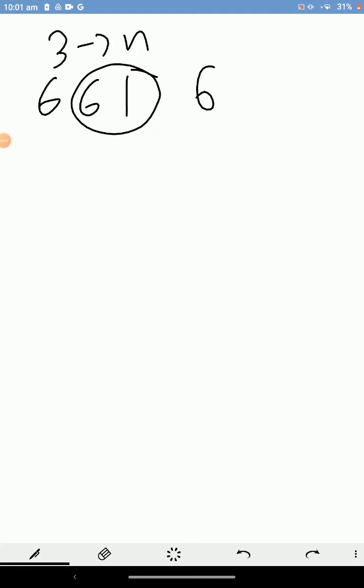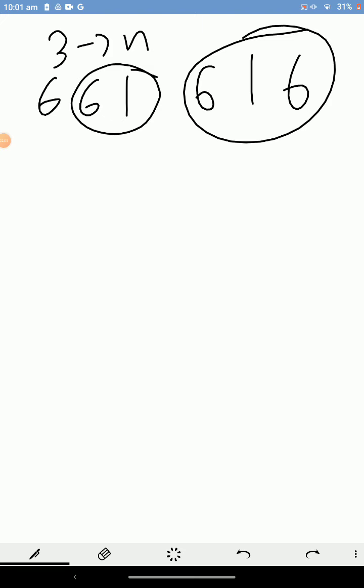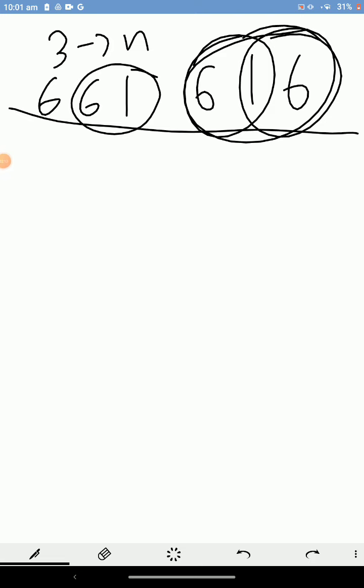Let us check out some test cases. Suppose n is equal to 3 and the elements are 6, 6 and 1. The number of swaps will be equal to 1 only. We can swap this 6 and 1, so the final answer will be 6 1 6 and no neighboring elements have the same parity. The next test case has one element, 9, so the number of swaps will be equal to 0.